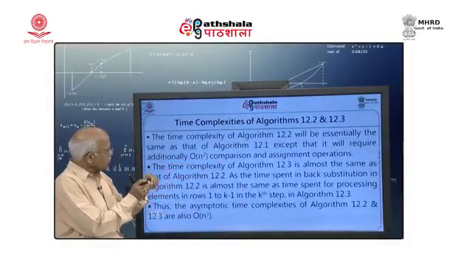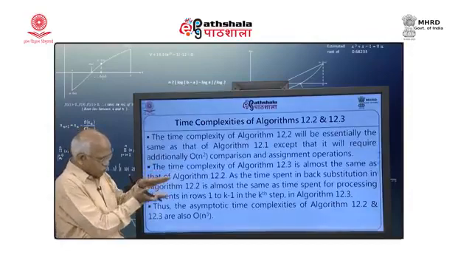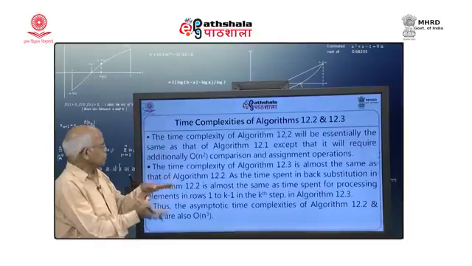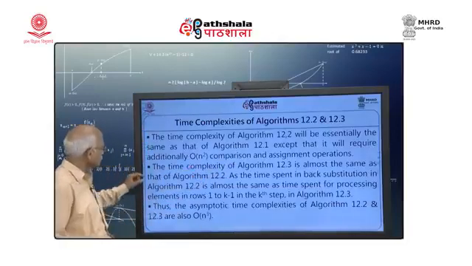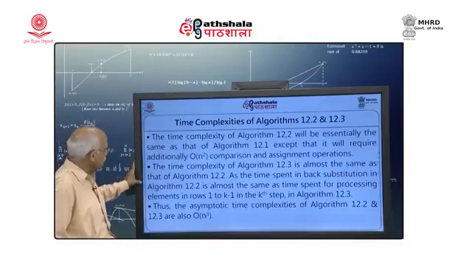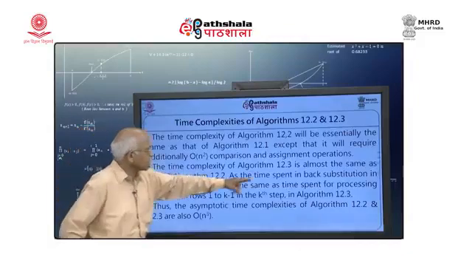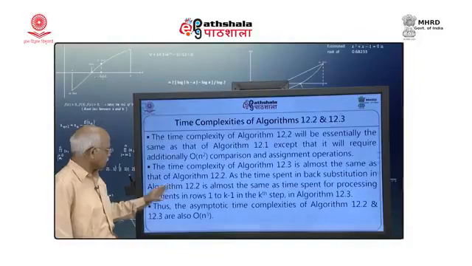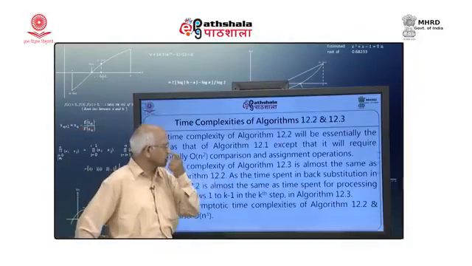Because every time you have to compare whether a k k is 0 or not, and then you have to find out the maximum, and then you have to interchange. All those things will have to be done, and assignment operations will have to be considered. The time complexity of algorithm 12.3 is almost the same as that of algorithm 12.2, as the time spent in the back substitution algorithm in algorithm 12.2 is almost the same as the time spent for